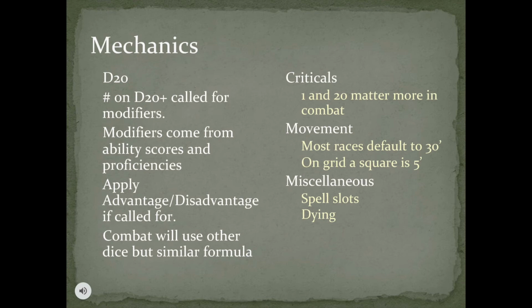At higher levels, there are also insta-kill effects like Disintegrate, which is if that spell brings your character to 0 hit points, they turn to a pile of ash and are dead. But those are rarer than dying of the simple 3 fails. If you take damage while dying, you also automatically lose a death saving throw.